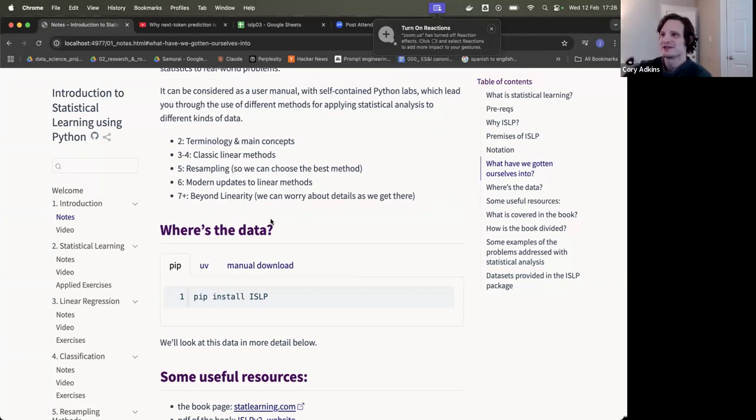I was curious about your preference for UV over Conda, and I know UV is like a hot new tool, but I don't really understand why it would be better. Is it just more performant, or what's the